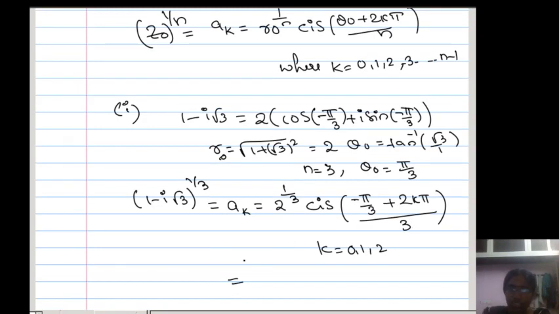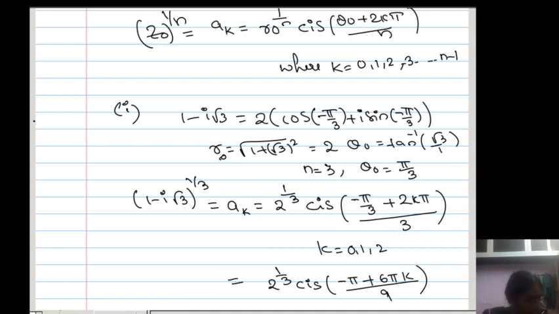It is equivalent to 2 power 1 by 3. Cis means what? Cos theta plus i sin theta. Yes, shortcut way. You can take 3 as the LCM. What happened here? Minus pi plus 3 into 2, 6, 6 pi k by, and 3 into 3, we are getting 9. So I can take pi as a common, where k varies from 0, 1, 2. So your answer is what now?